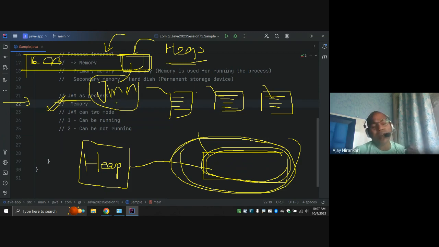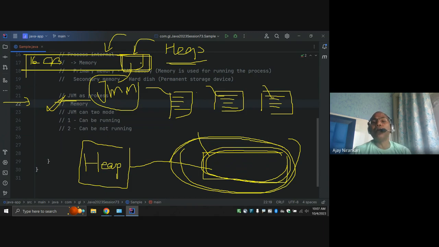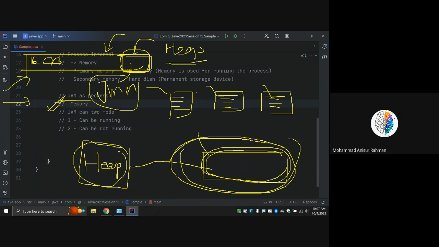By default, I think Java starts with 512 KB. You can set initial JVM memory to 1 GB, half GB, 2 GB, whatever you want. In the case of the operating system, it is simple RAM memory, but in the case of the programming language, we call it heap memory, right? Is it clear?